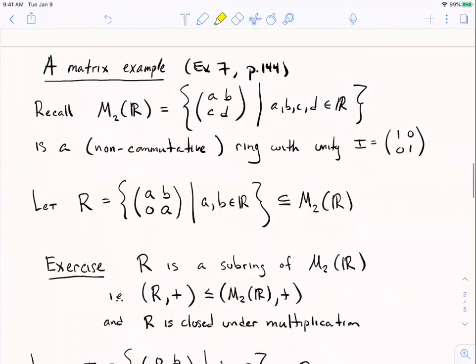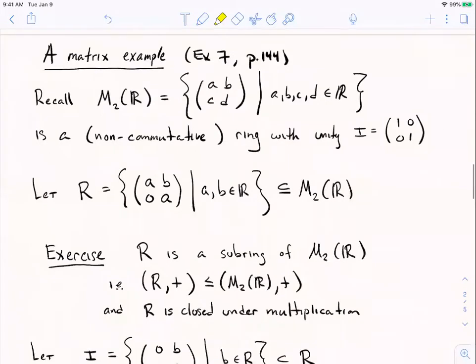That's what I wanted to tell you about principal ideals. I told you their definition, gave you a couple of examples. The integers certainly should be your guiding example of what a principal ideal domain is. But now I want to take a look at this matrix example. So I'm actually just kind of explicating an example that your author Herstein does in his book. It's example 7 that starts on page 144. So if you want to look at that, in addition to what we're doing here,